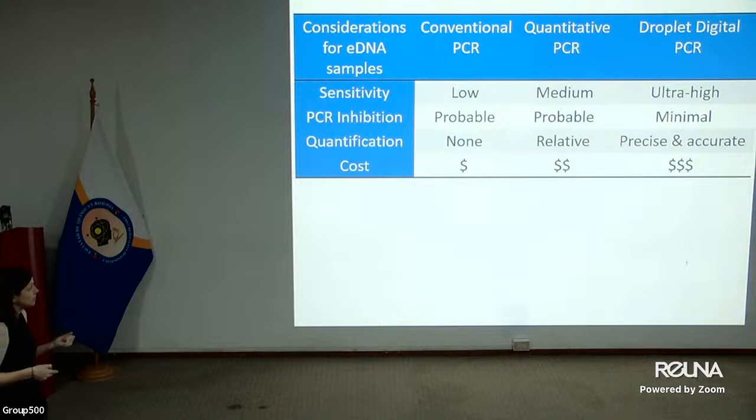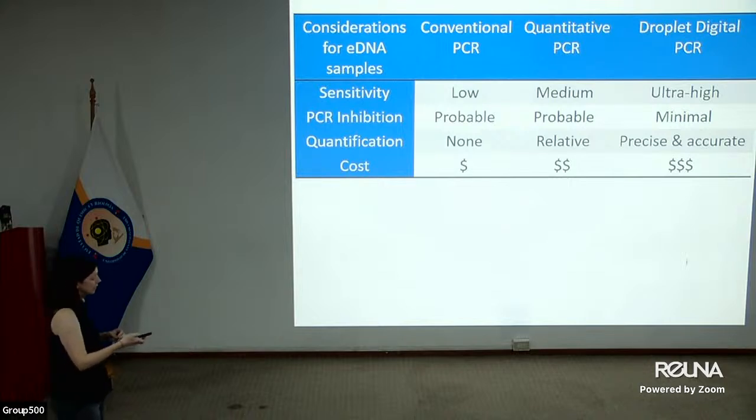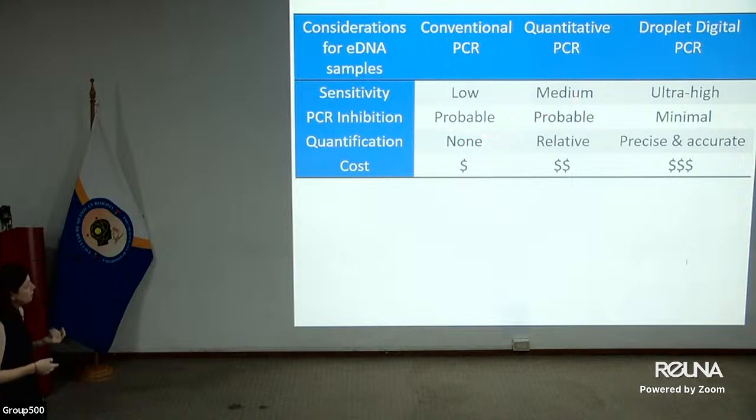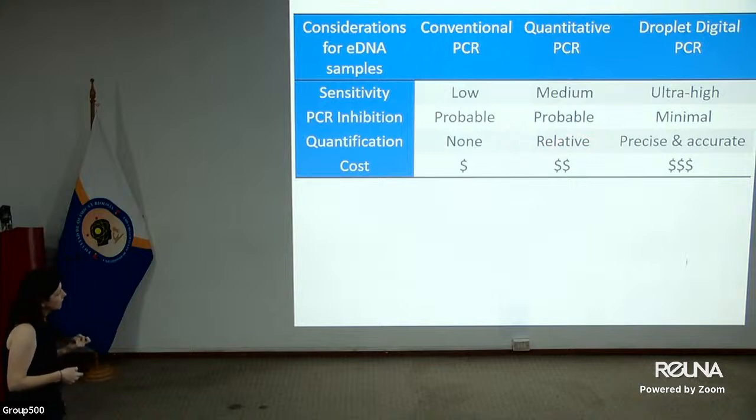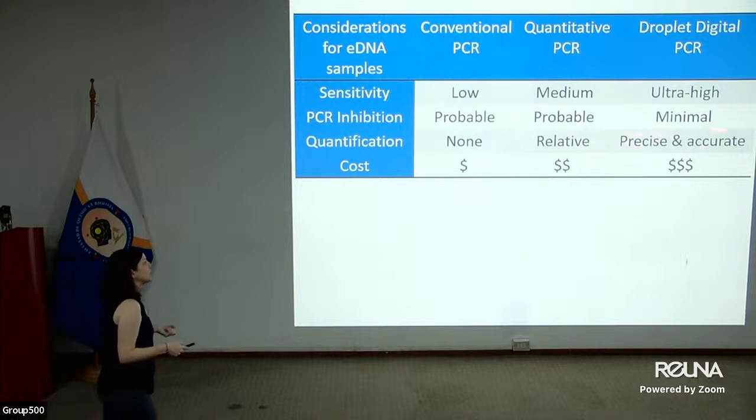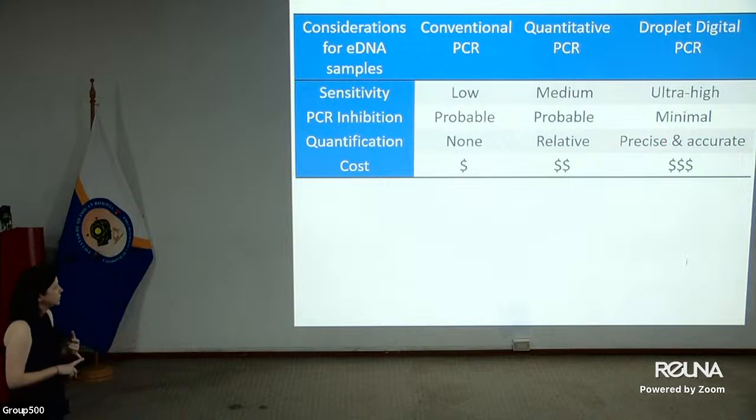PCR inhibition with droplet digital PCR is minimal because you're partitioning the sample. And I am going to show a video that shows this in the analysis. Quantification, you have none with conventional PCR. You have relative quantification, but not very good quantification with qPCR. Standard curves are problematic. But droplet digital PCR has very precise and accurate quantification. All of this, ultra high sensitivity, no inhibitors, and very good precise and accurate